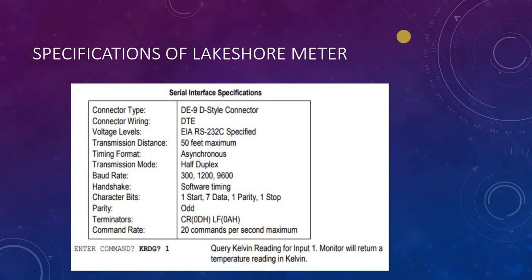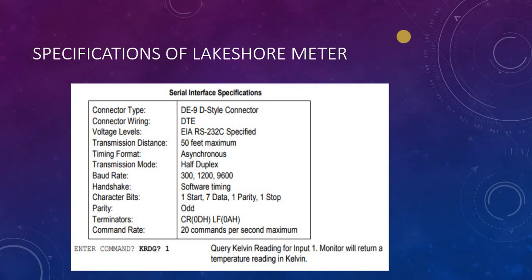Now what you need to look at on the screen is the speed, 9600 baud, that is bits per second, which is what I have set. The protocol is 1 start bit, 7 data bits, 1 parity bit, and 1 stop bit, and the parity is odd, so I will call this 9600, 7, 1, odd. 9600 is the speed, odd parity, 7 is the number of data bits,